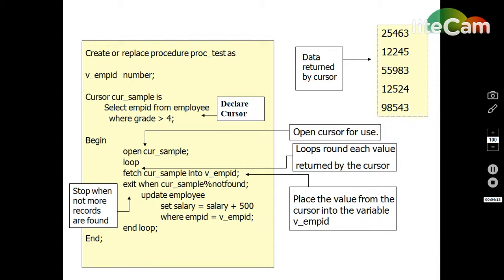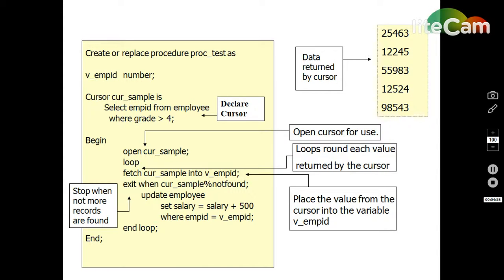Now see, this is one simple example which totally depends on your cursor. Here a select statement is fired with the help of the cursor. Open the cursor, loop for continuously fetching, then fetch, then exit when %not_found. The four important steps: first open it, then fetch it, then exit, means stop the fetching, and last close the cursor. Now closing the cursor is not mandatory, it's automatically closed by Oracle. So here there is no close cursor syntax, because when you complete your task it is automatically closed by Oracle, but